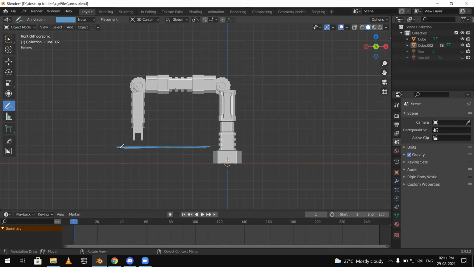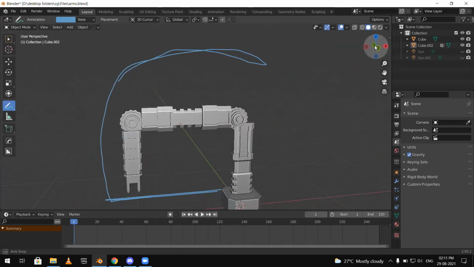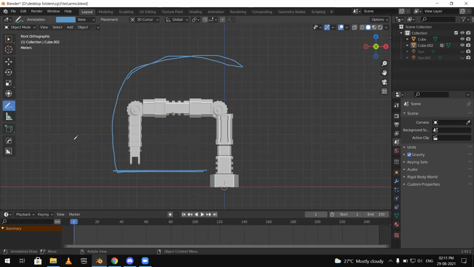This arm will not go beyond this line, because it's its resting position, and I've modeled it such. It should move within this domain that the blue line is covering, and there will be one joint here and one joint here. All right, we now have the basic outline of what we are going to do.